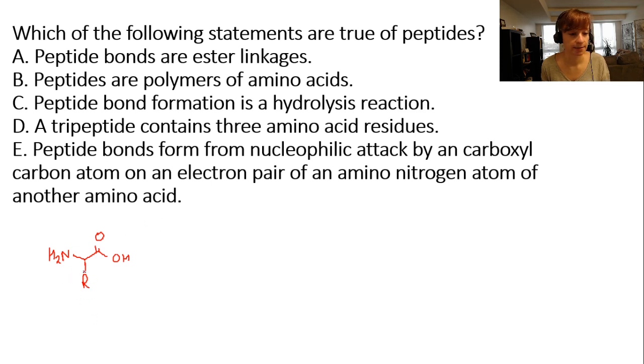So if it was a methyl group, then it would be alanine. If it was an isopropyl group, it would be valine, methionine, on and on and on. So those are things that you would have to memorize. There's no trick to know what all the different kinds of amino acids are in their structures. But for the point of this question,